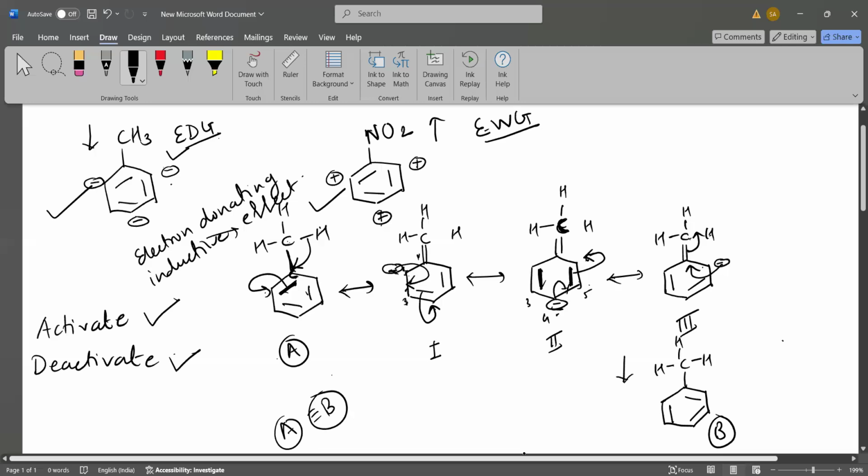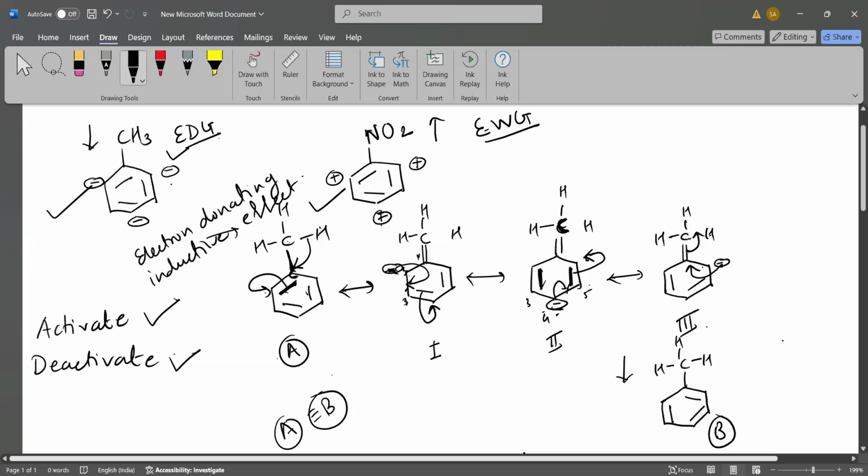In these canonical forms, first, second, and third, what do you come to know? This is at what? Ortho, para, and ortho. Ma'am, if the double bond of the carbon is not formed with the substituent group, then all this won't happen, right? That's what I said. It should be an electron donating group. If it is an electron donating group, then only it can form the double bond. If it isn't electron donating,